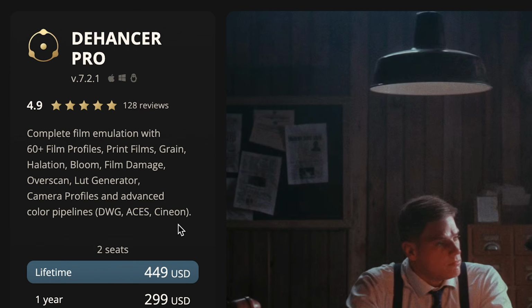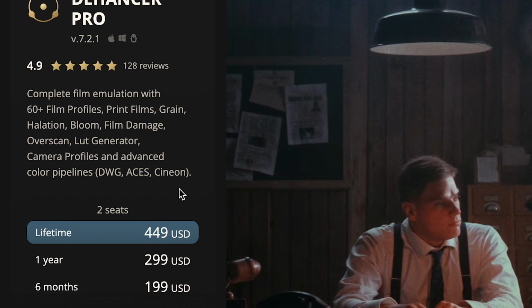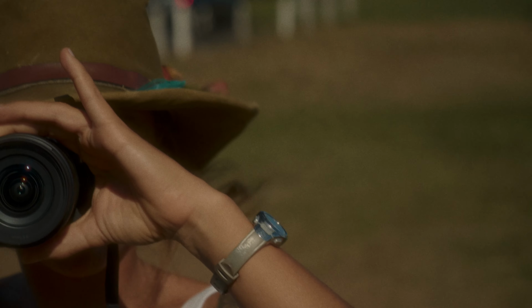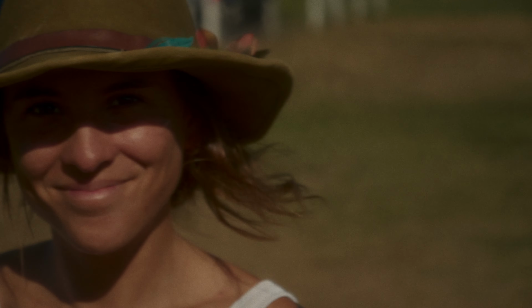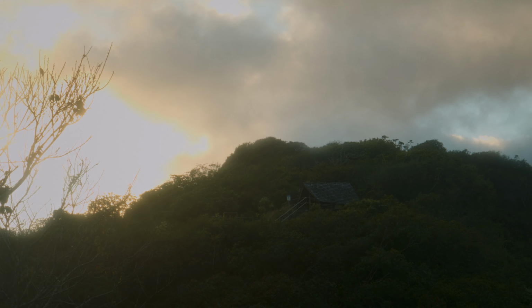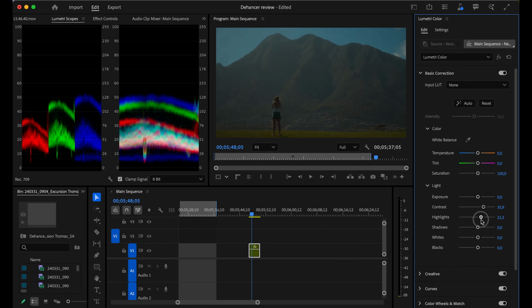On the downside, Dehancer has a cost of $450 if you buy lifetime. So I understand that if you're not working with video professionally, then it might be expensive. However, if you have the money or want to upgrade your color grading game,